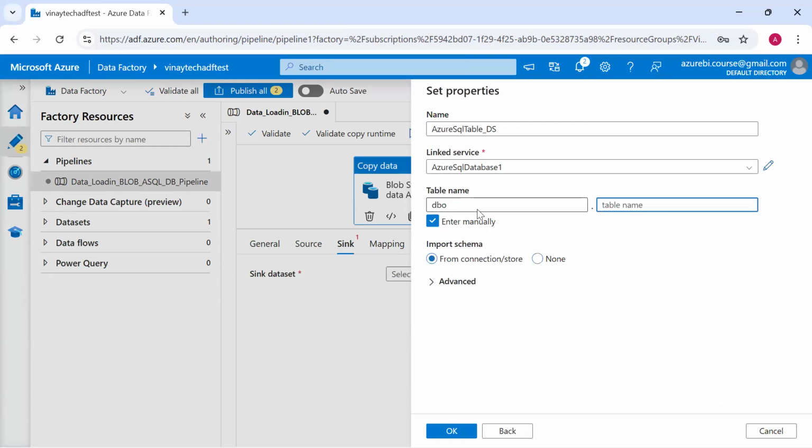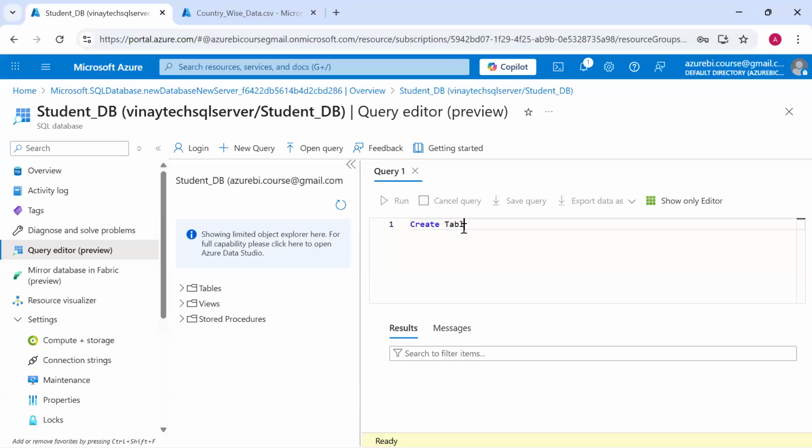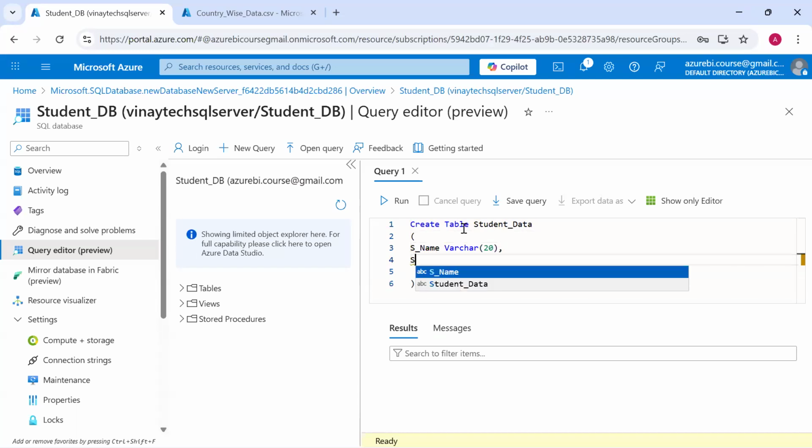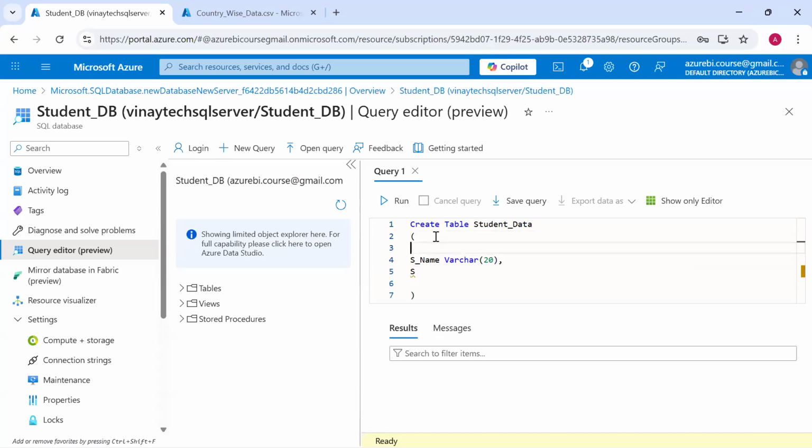It will create automatically. No, sir, I want to create a structure for student data. Student ID, sorry, student ID, student name, then the amount, the fees paid, then the country, which is from where it is coming.